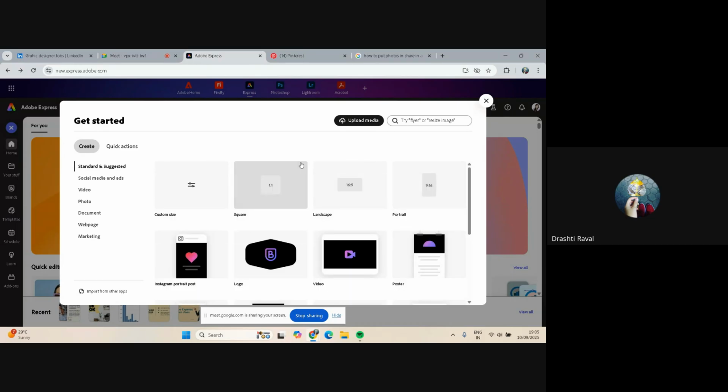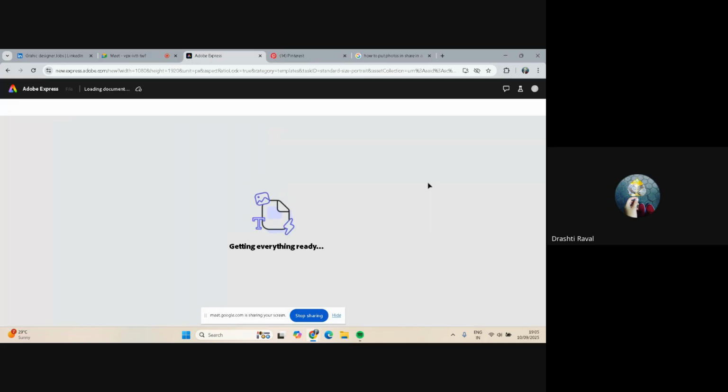And if you want to post on your Facebook and Instagram, then choose this square size. Right now we are taking this portrait size for our